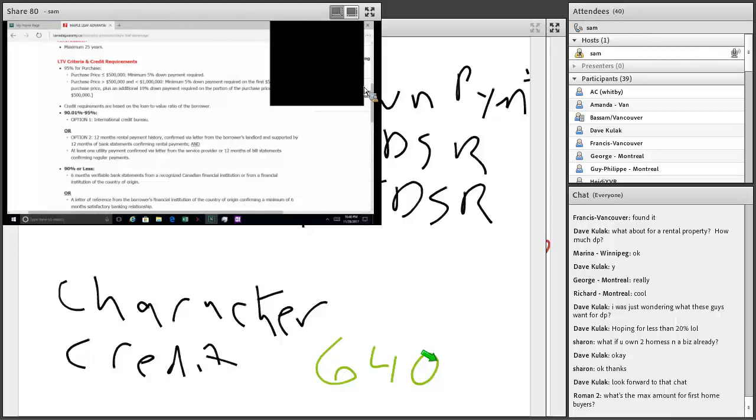Yeah, the whole first home buyers thing, that was a label they put on these products years ago. It doesn't exist no more. You can buy 5 homes in 10 years and still be considered a first-time home buyer. I mean, that label's gone. All they're saying is, if you've got a minimum of 5% down payment, we will approve you for a mortgage based on a 5% down payment once, twice, 3, 10 times. But if you're ever going to own more than 2 at the same time, then you've got to pay more than 5% down payment. Does everybody understand that?